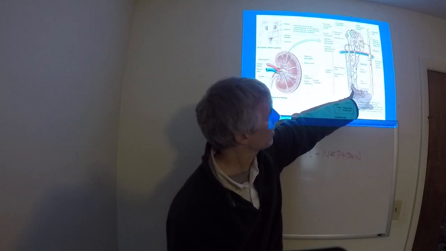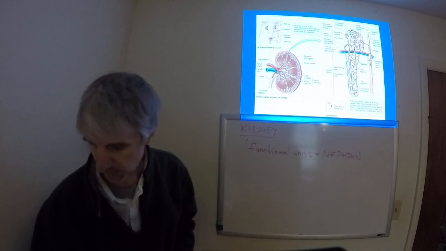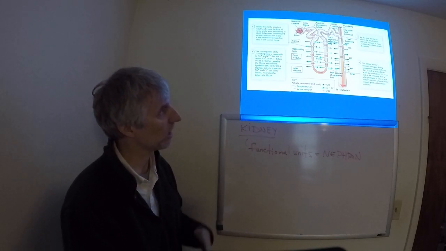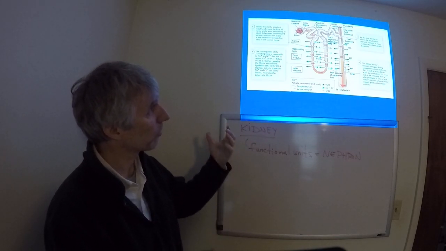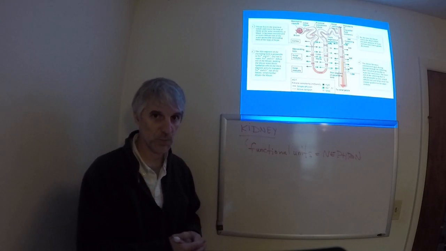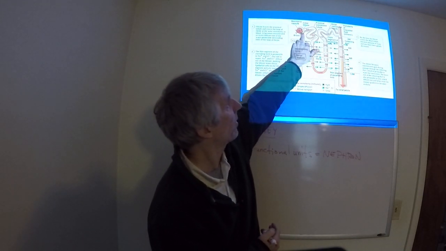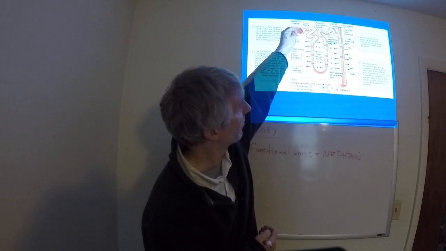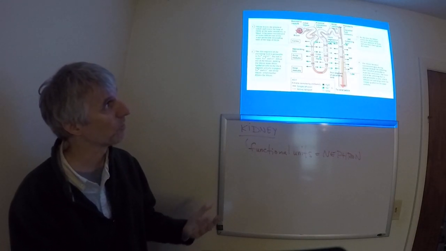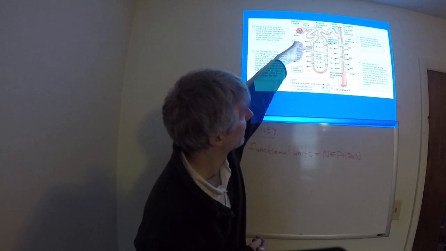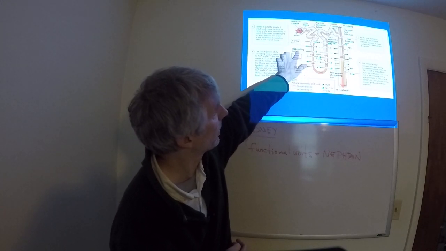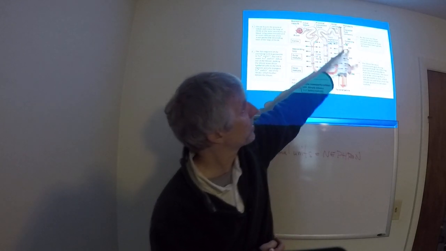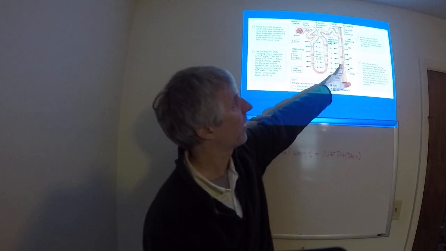All tangled up here with capillaries. Let's take those off and just look at the organization of a nephron. And what we're going to do is organize it in a very specific way. We have a part here where the filtration comes from, and then we have what's referred to as a proximal tubule, then a descending limb, here descending limb, an ascending limb, and a distal convoluted tubule, followed by the collecting